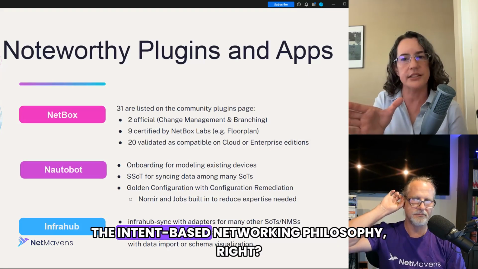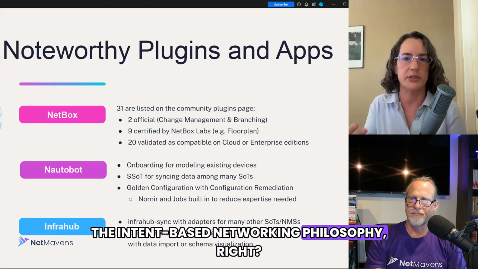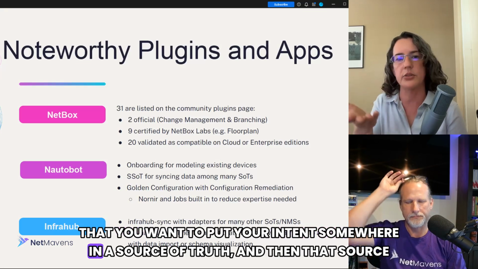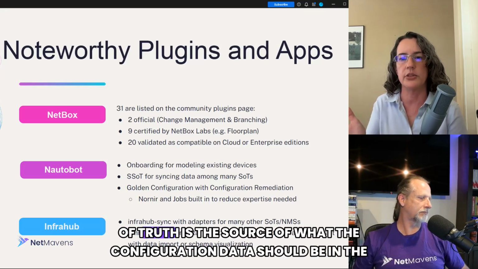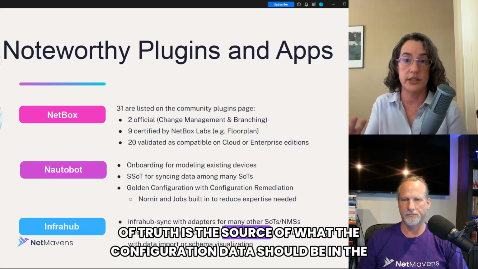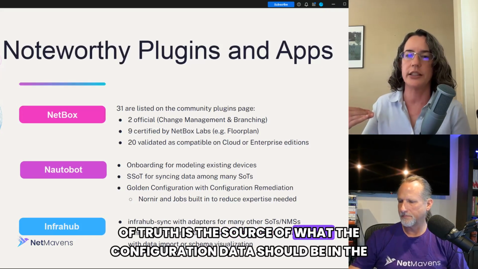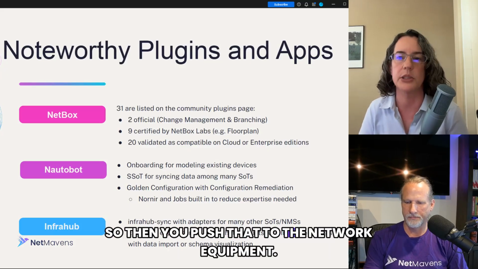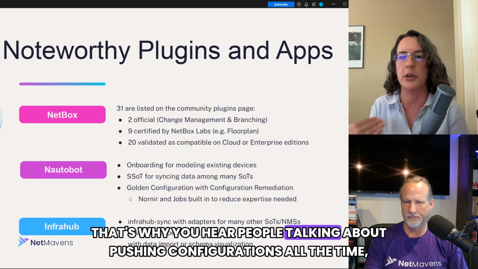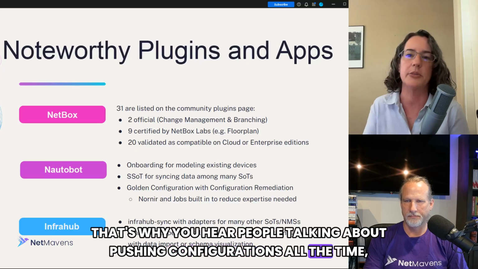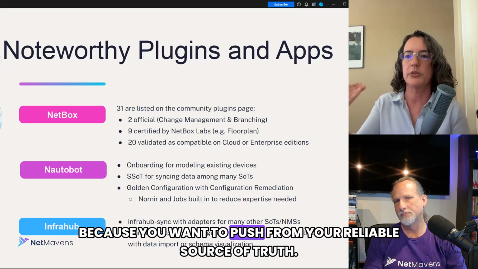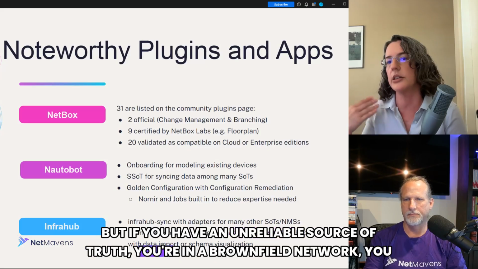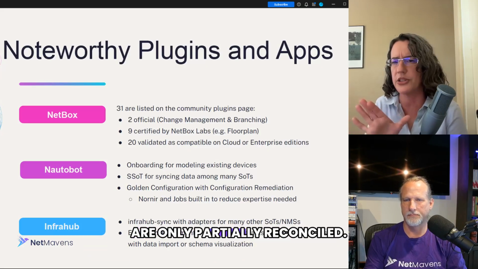that's the intent-based networking philosophy, right? That you want to put your intent somewhere in a source of truth, and then that source of truth is the source of what the configuration data should be in the network. So then you push that to the network equipment. That's why you hear people talking about pushing configurations all the time, because you want to push from your reliable source of truth. But if you have an unreliable source of truth, you're in a brownfield network, you are only partially